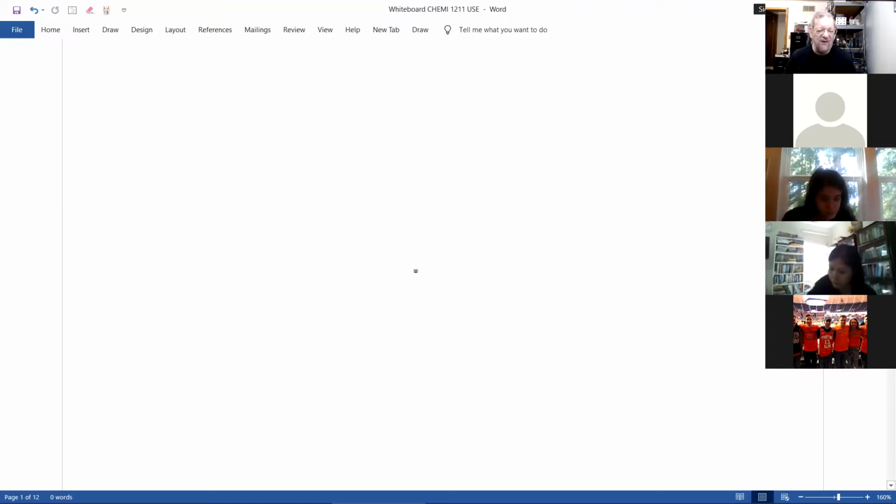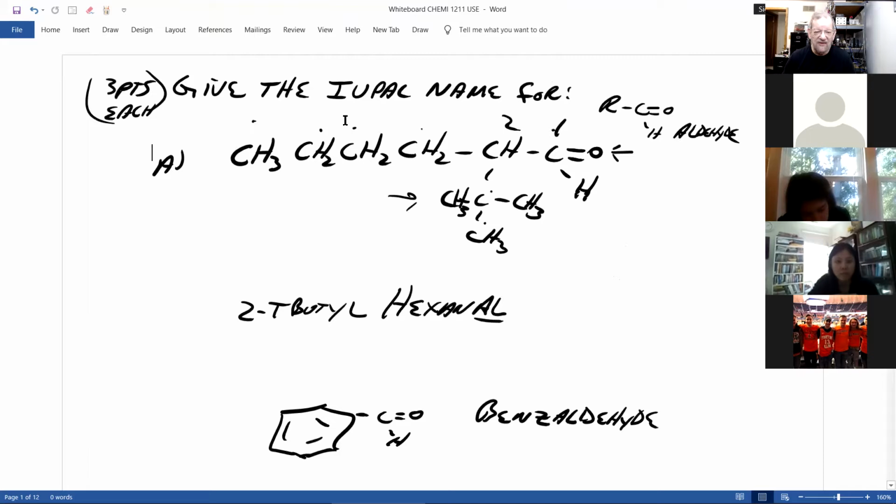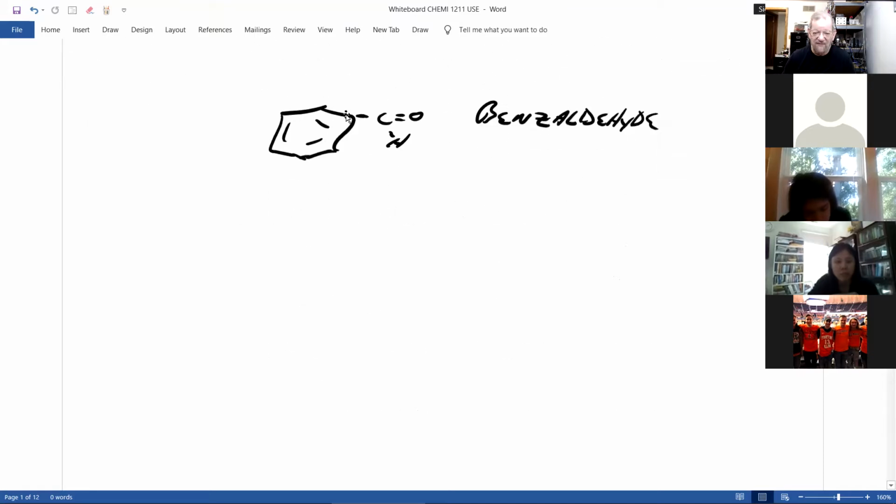Now, one of the things I'm always guilty of is that I like to draw structures, but not write out too many words. So when it comes to nomenclature, I usually draw more structures than names. On test number 2 and 3 too, but number 2 coming up, there'll be nomenclature questions. There are 2 types of nomenclature question. The first one is give the IUPAC name for whatever. And the other one is